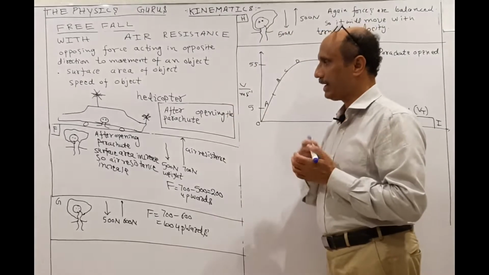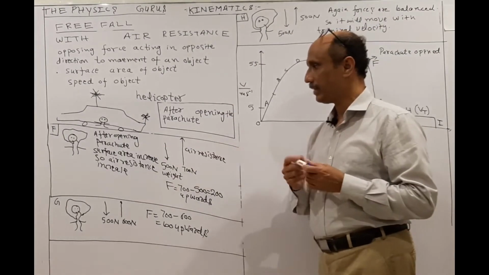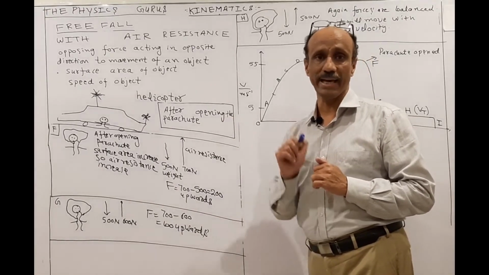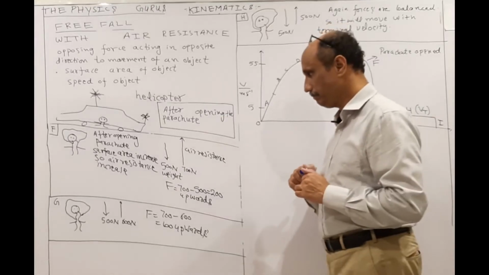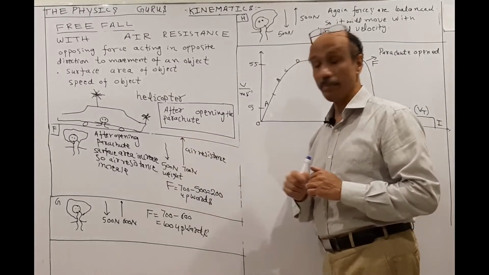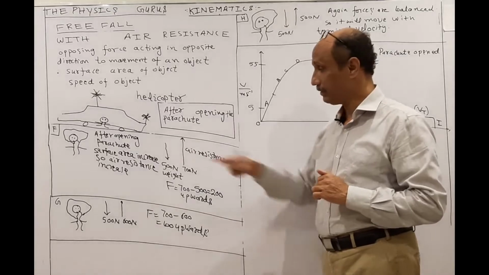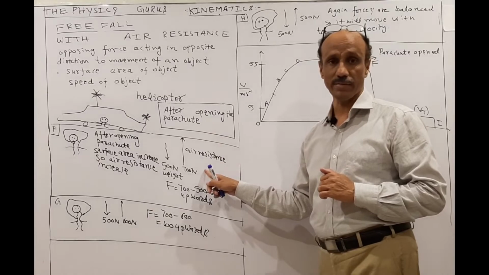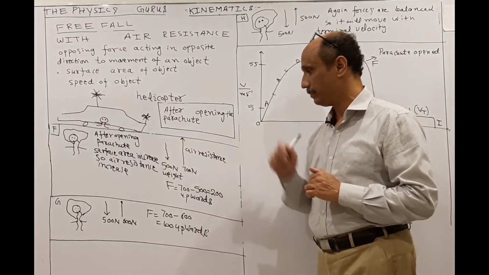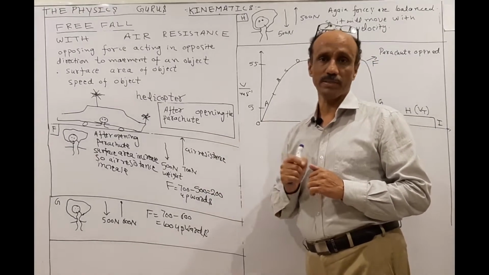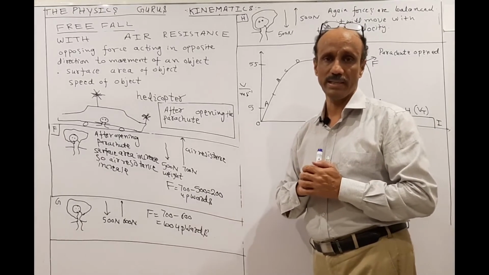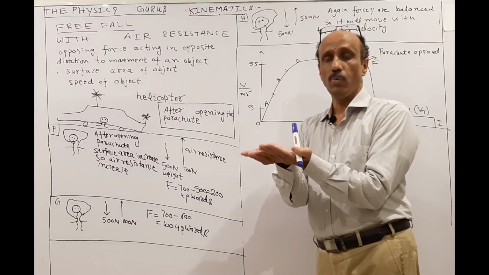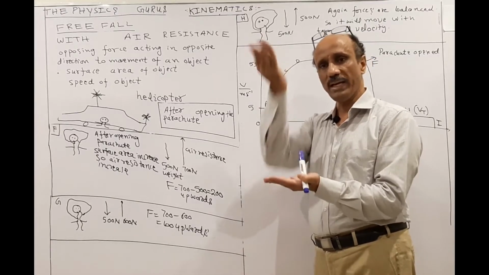Now when he opens the parachute, the surface area will increase, so air resistance will increase. It means that now the forces will again become unbalanced. The weight will remain the same, 500 Newton, but now the surface area will increase, due to which the air resistance will increase up to, let's suppose, 700 Newton. In past papers, this question has been asked many times: when he opens the parachute, why does the paratrooper feel a jerk and move in an upward direction?